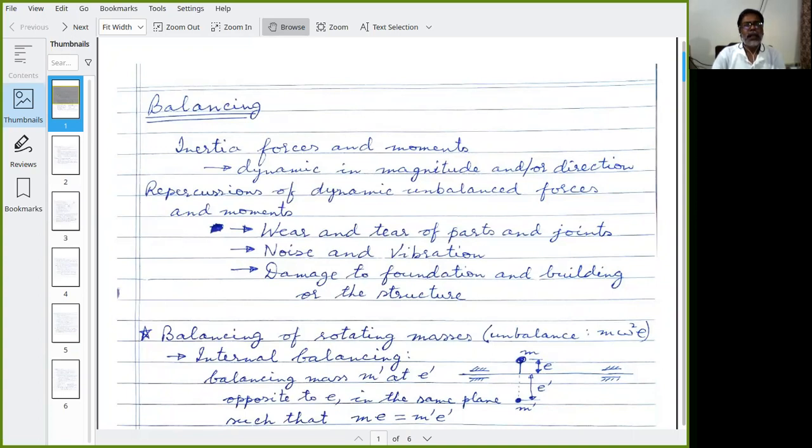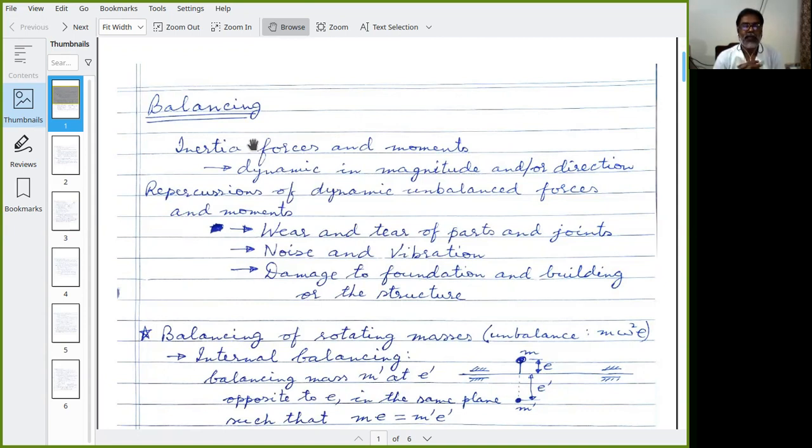So in this lecture, we are starting the new topic of balancing. Balancing first of rotors and then of mechanisms. Now, in any machinery, some parts move, often with accelerations. Now, other forces, which are joint reactions between two moving bodies, two moving links, they balance.